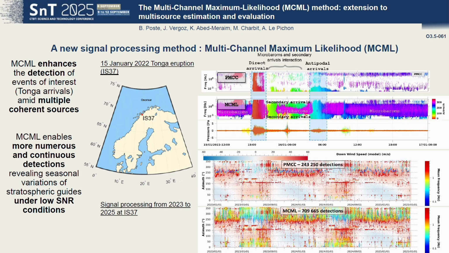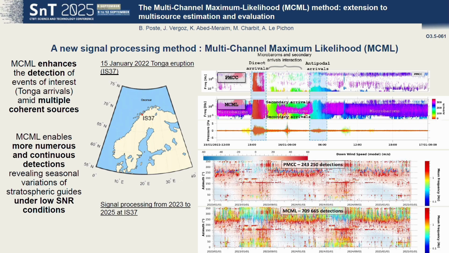And we are able to detect, with more detections than PMCC, the secondary waves interacting with the microbaroms at the station. On a larger data set at the bottom, we can see the difference of detection between PMCC and MCML